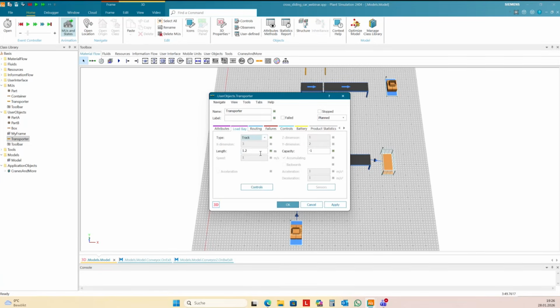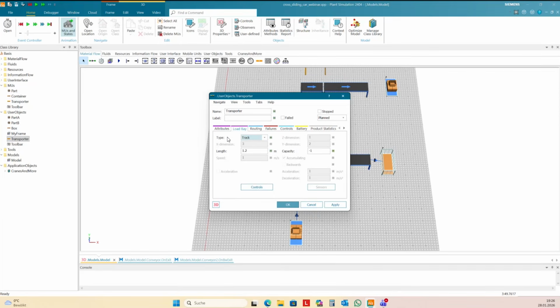If you use the track as a load bay, then you can drive with another transporter on this transporter, and you can create in this way transport equipment with several axes.